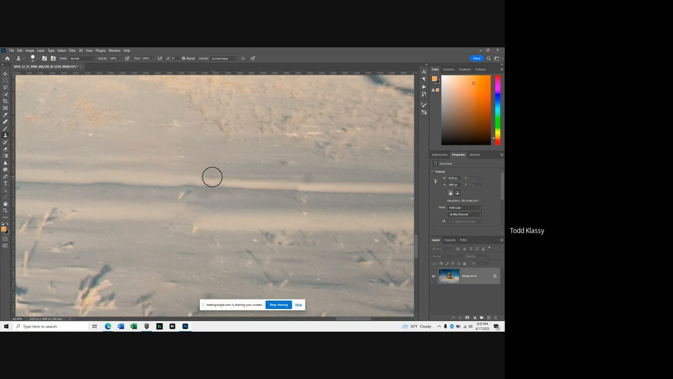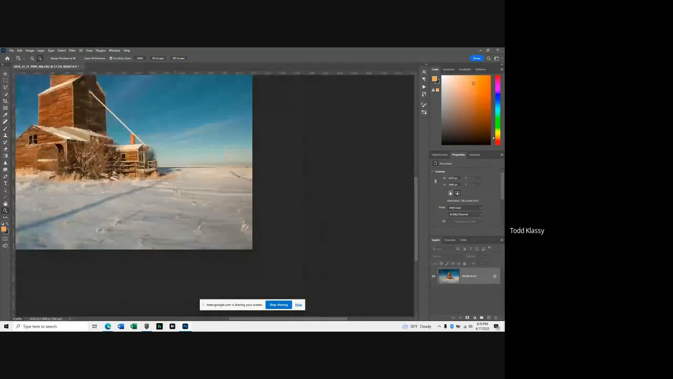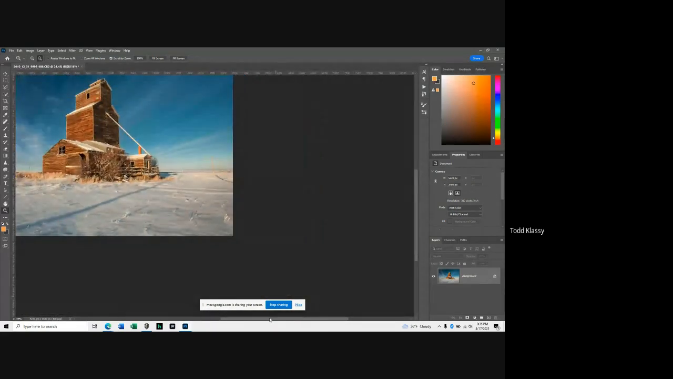I'm just taking care of blemishes. Here's a spot on my sensor. Might as well get rid of that while I'm here. And sometimes this works, sometimes it doesn't. This has worked okay here. I don't like that thing. I'm getting rid of it. And I took care of that blemish. And then I would probably do the same thing with,